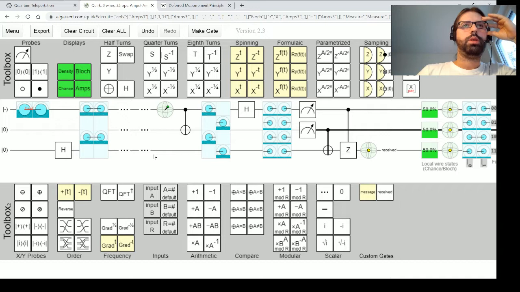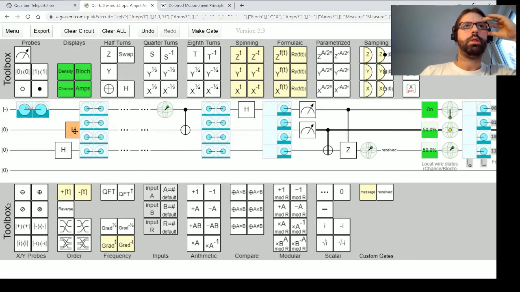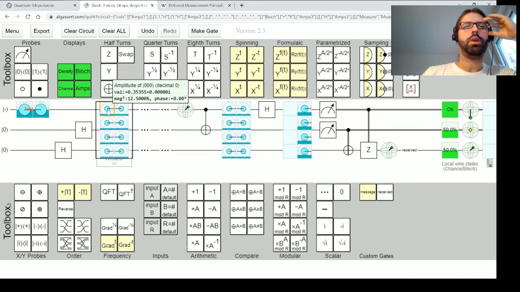Now, if I apply another Hadamard in here, right? Now the problem we're going to have is that once we measure and collapse, we can't distinguish what corrections we need to do. But if you would do it this way,